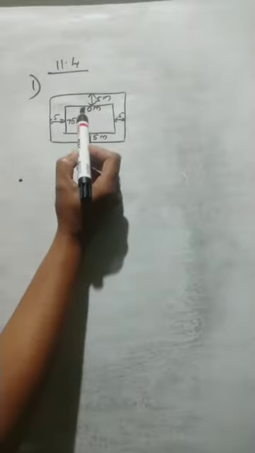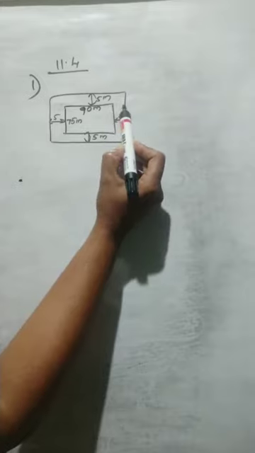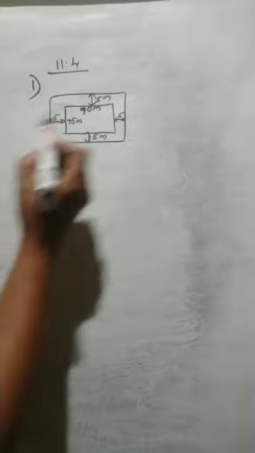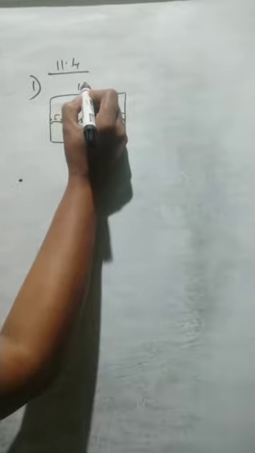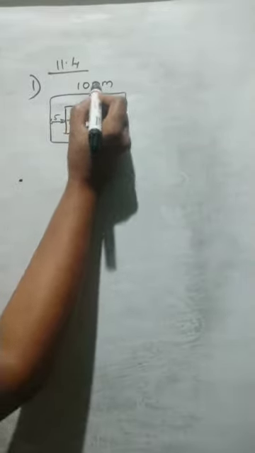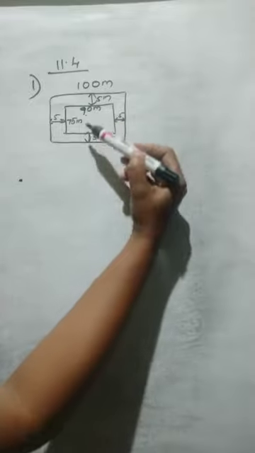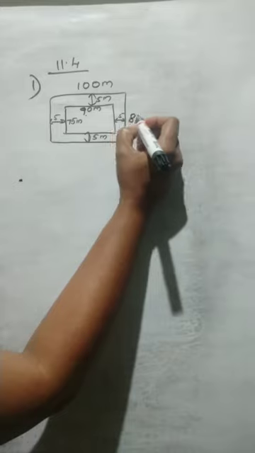Now 90 meter was the first. Now that increased 5 meter to here and 5 meter to here. So total 10 meter extra. Now this length will be 100 meter. 90 plus 10, that is 100. Then in case of 75 meter, here also one path is there. Including this path, 5 meter here, 5 meter here. So 10 meter. 75 plus 10 is equal to 85 meter.